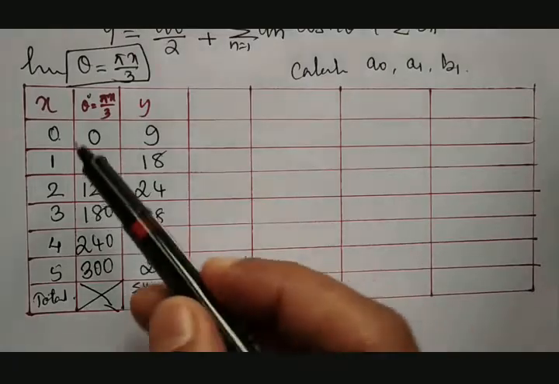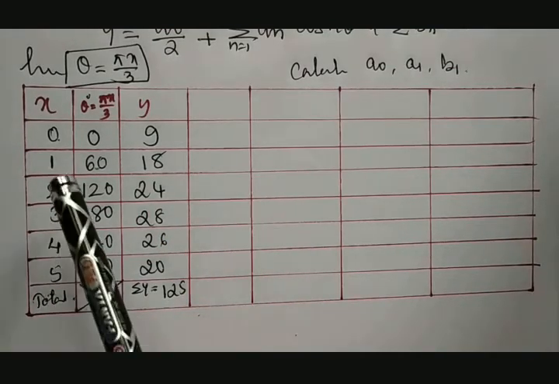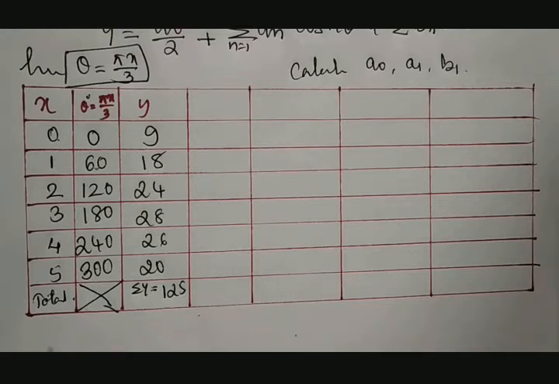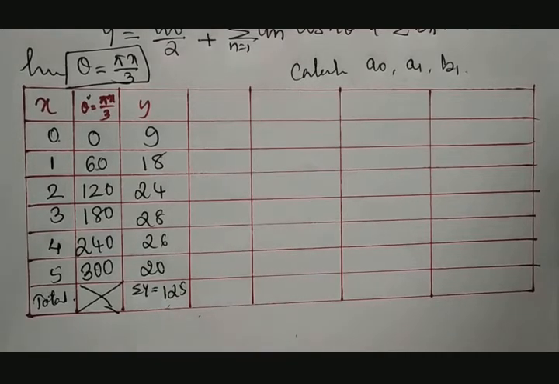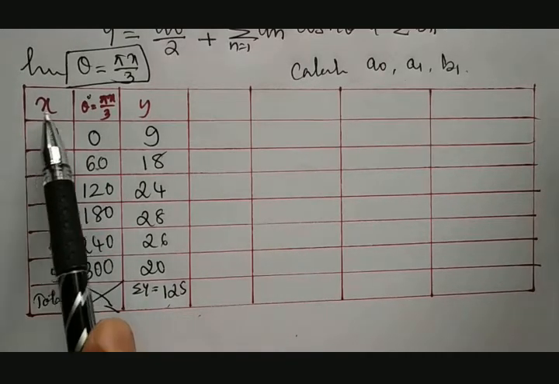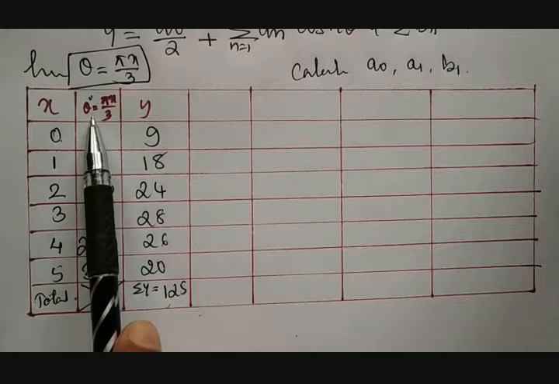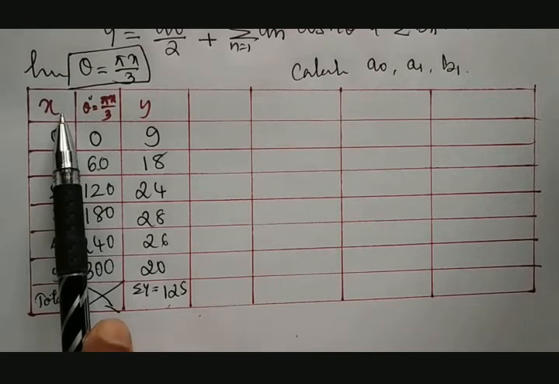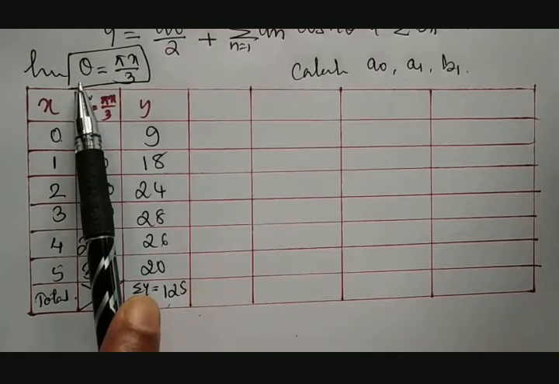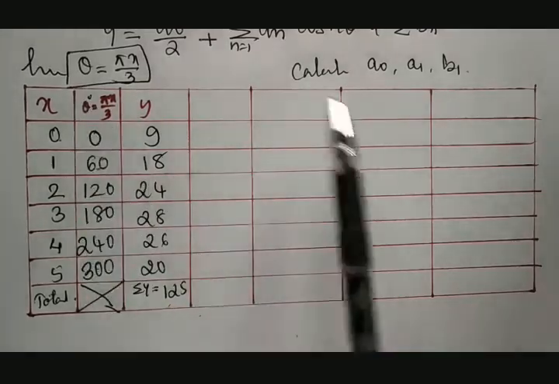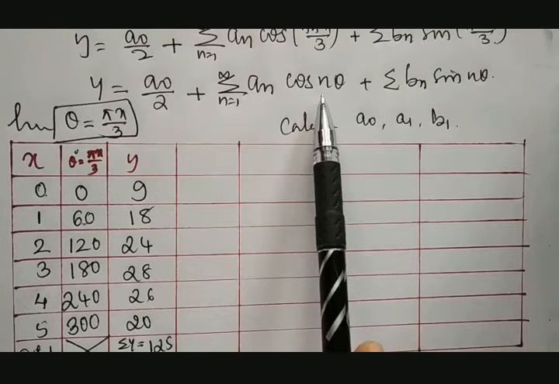Then after that we need to calculate. So here let us take the given values of x, which are 1, 2, 3, 4, 5, and this will be the totaling column. Then y is also given, and the summation is 125. But between x and y we have taken one more column, that is theta. Why is it required? Because if you take x for calculation it is very difficult, since we want to convert that x into theta. So x will be utilized to get theta, since it is an arbitrary interval Fourier series.